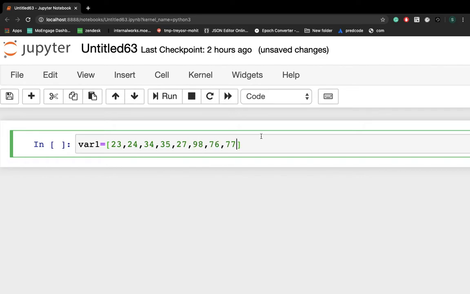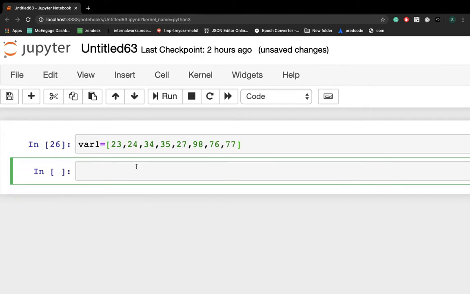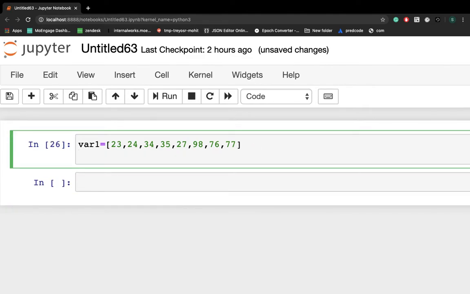These are the numbers in this list. I'm writing a for loop to check whether these numbers are odd or even. I write the for keyword, then specify a variable name, which will be responsible for iterating through all of the elements of this var1 list, then in, and the list name.